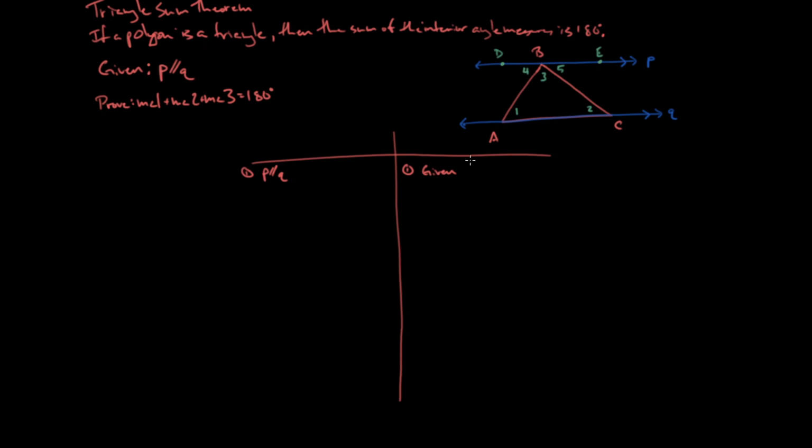Okay, all right. So where can I go with this? So I know that angles 4, 3, and 5 add up to be 180 degrees. And so if I can end up writing an equation about that, and then since I know that 1 and 4 are congruent and 2 and 5 are congruent, I can probably make some substitutions. So I need to do one of those two things first, either link these angles together or talk about these three as a set. Let's talk about the set. Let's talk about the fact that 4, 3, and 5 all add up to make this larger angle here, DBE. And so I'm actually going to start there,